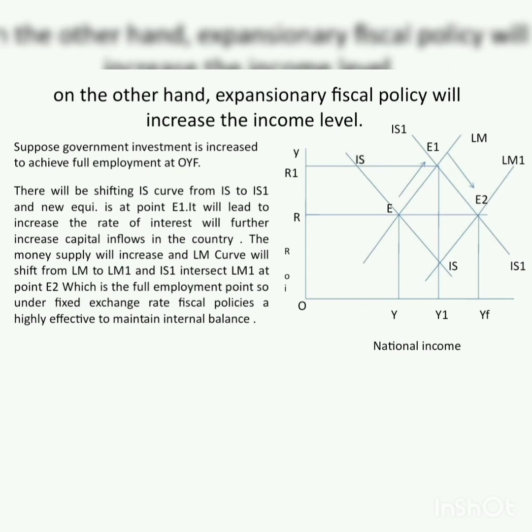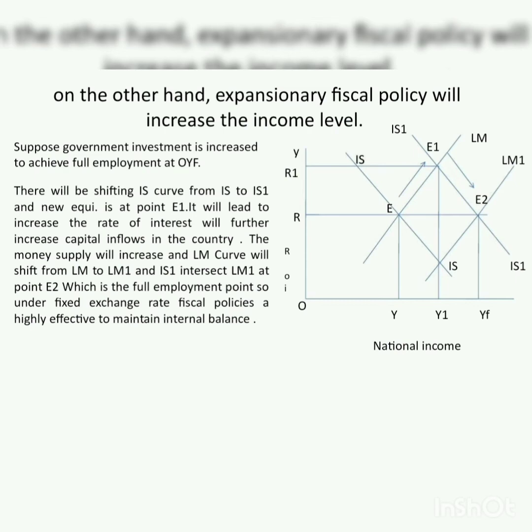It will lead to an increase in the rate of interest. Because of the shift in the IS curve, there will be an increase in the rate of interest from OR to OR1, as visualized in the diagram as well. And because of the increase in the rate of interest, capital inflows will start in the country. The money supply will increase, and